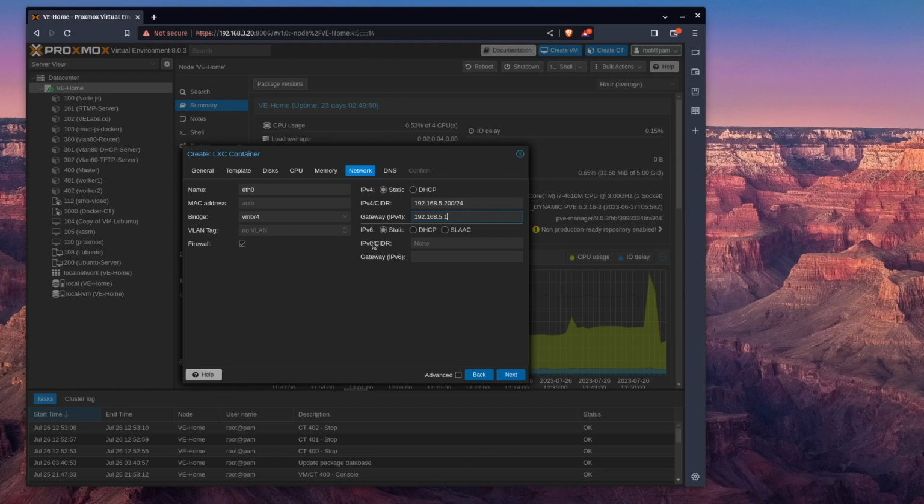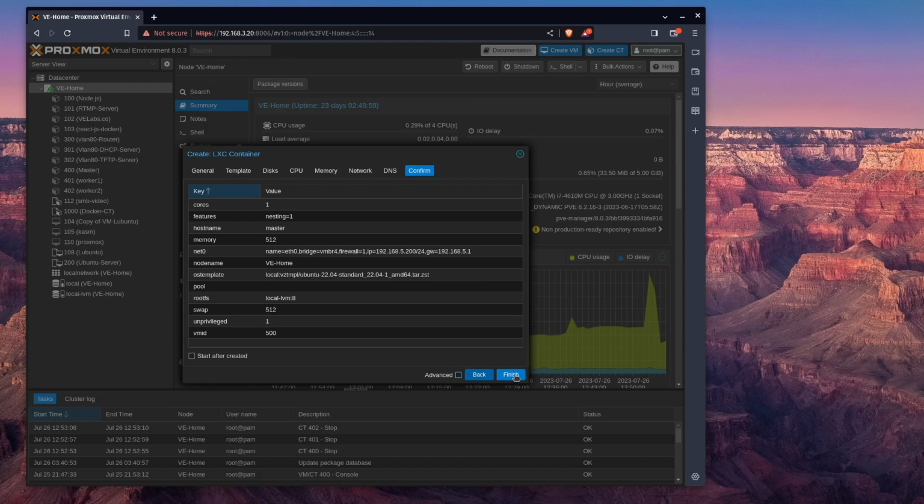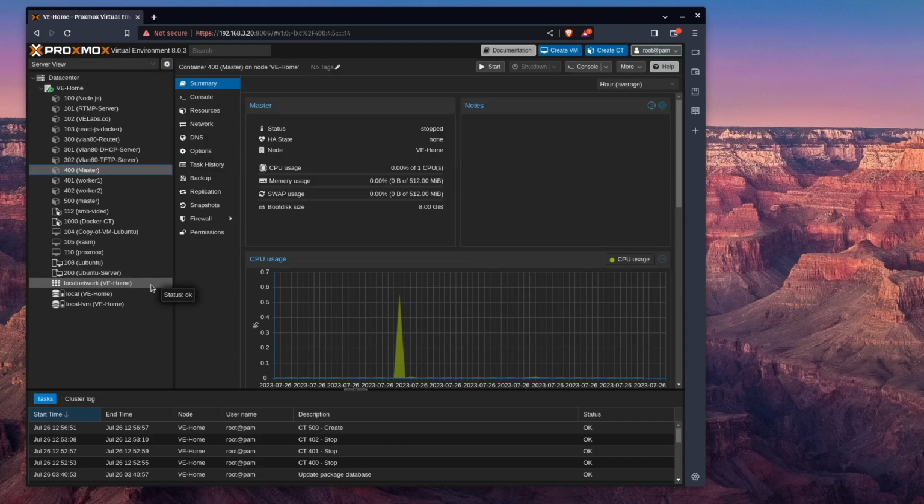And I'm going to leave the rest of the configuration alone. For DNS, we'll leave it the same as our server, and we're going to press next and finish. Now, to create my other 2 containers, I could walk through that entire process,